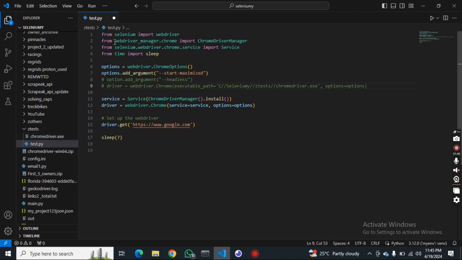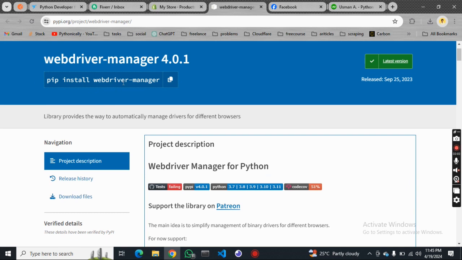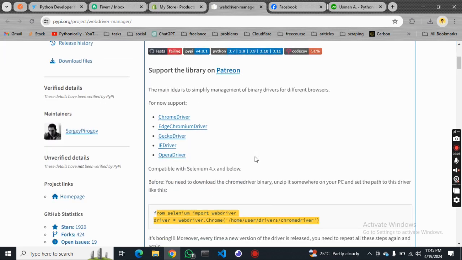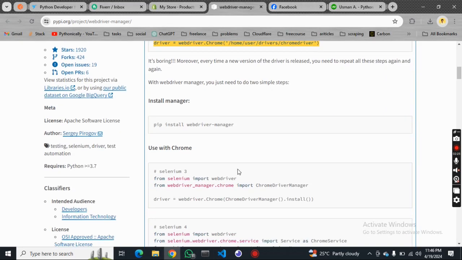But after the release of Webdriver manager, we no longer need to install the chromedriver.exe file, and what we can simply do is install Webdriver manager through this command, pip install webdriver-manager. Then we can simply import Selenium: from selenium import webdriver, and then in the next line from webdriver_manager.chrome import ChromeDriverManager. I am using Chrome driver, so you can use Firefox or Edge, it's up to you,